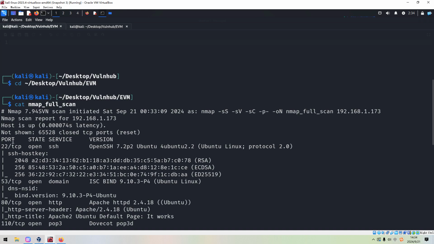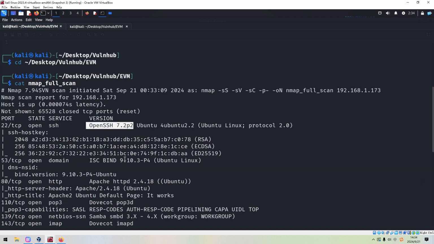The first one is 22, which is running SSH service, or Secure Shell service, and its corresponding version information, including the exact version number 7.2p2. Although this version is a bit outdated, I don't think we can find any vulnerability except the username enumeration vulnerability. You can use Metasploit utility to verify this.